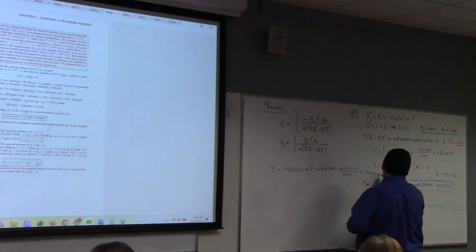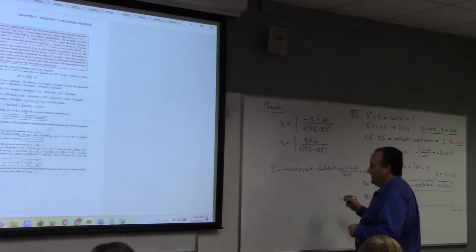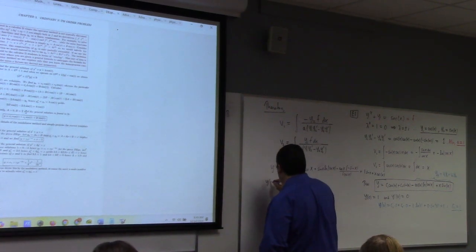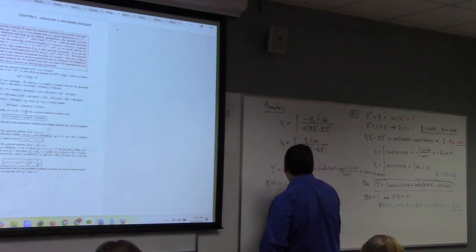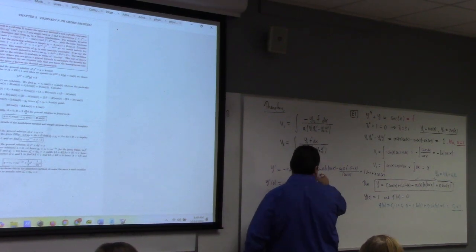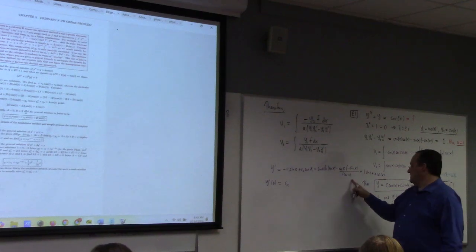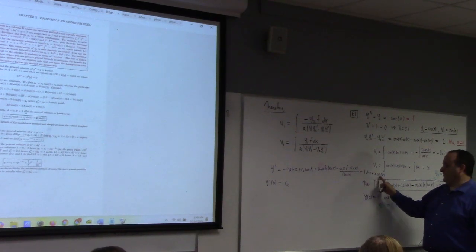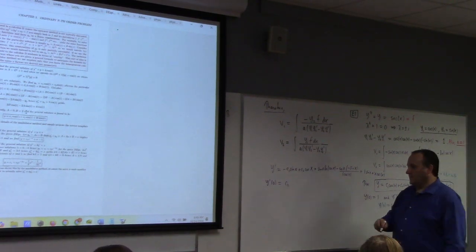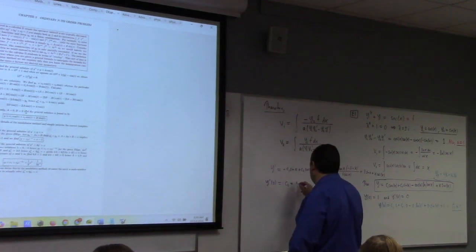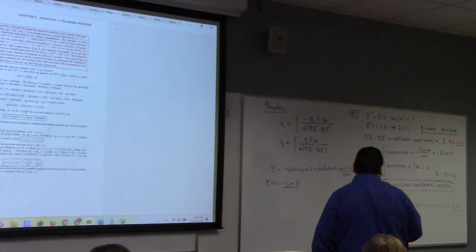Plus x cosine x. But I think if we look at y prime of 0, only c2 remains. That's 0. This is 0. Everything's 0 except for c2. Oh, so c2 is 0. Okay, well, it was kind of anticlimactic. So yeah, a lot of differentiation, but